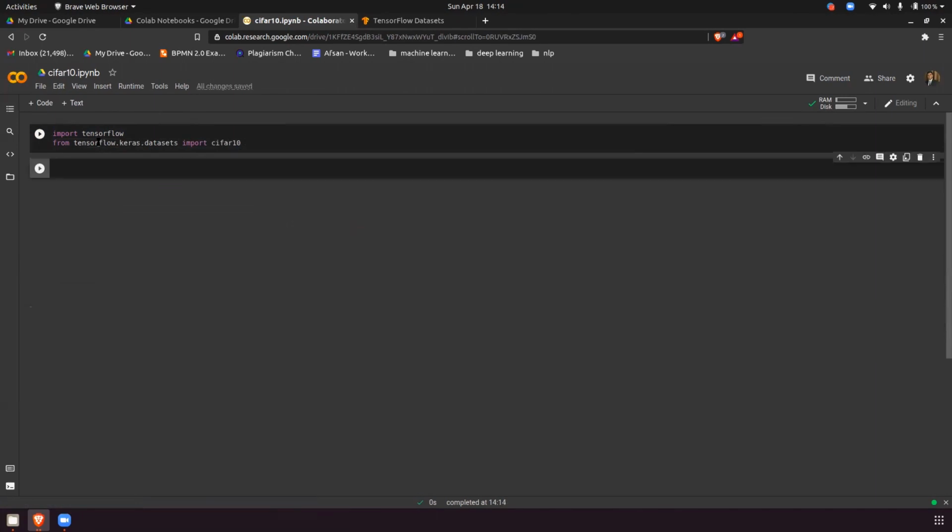Once everything is executed successfully, you will not see any error message. Now how to load the dataset is very easy. They have done a train test split by default.